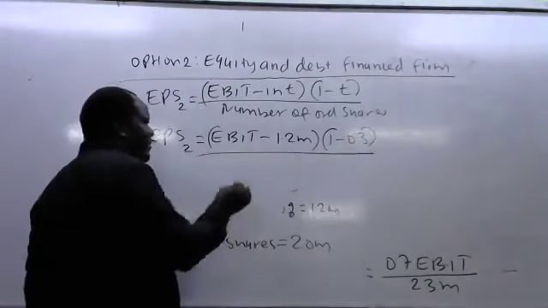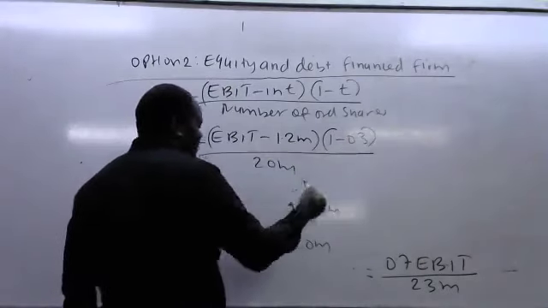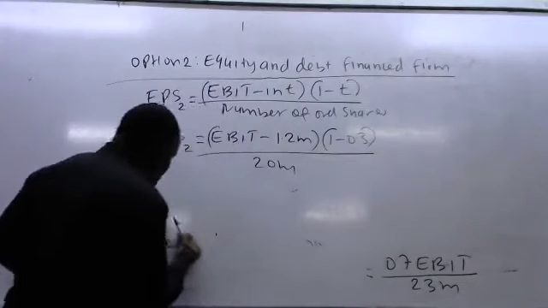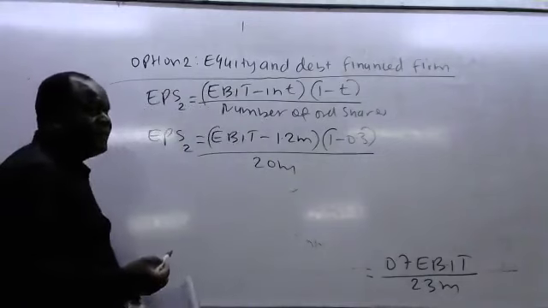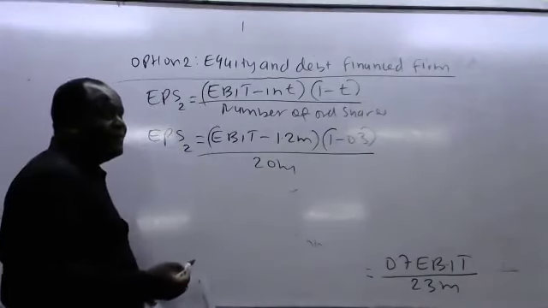Then we divide by what? 20 million. So when you open the brackets, second option is